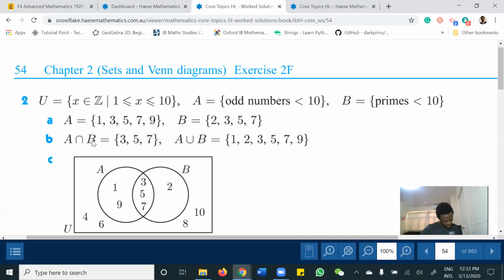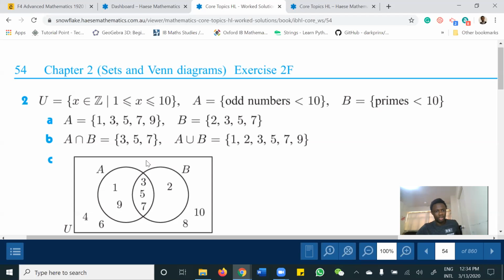The second question is about A intersection B and A union B. Intersection is what they have in common. Union is their combination, right? We've done that before, so that's how we got that. So with this information, you can do the Venn diagram. You always start with the intersection if the intersection is not empty. If the intersection is empty, they have to go their separate ways. Then they are mutually exclusive, or they are disjoint. Does everybody get that?